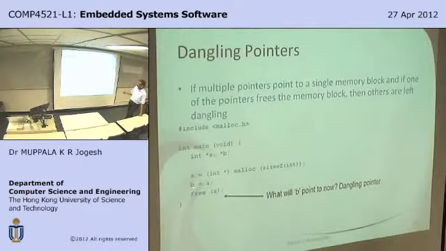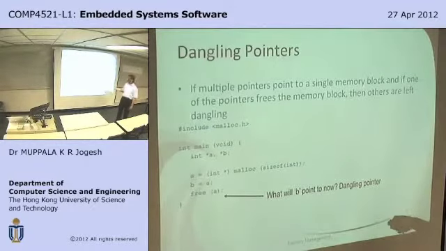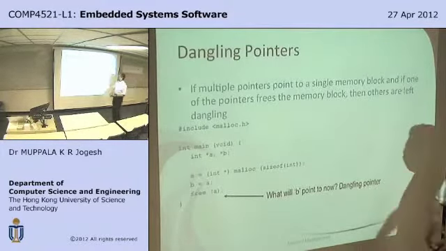But suppose somewhere down in the code, again, these three are not necessarily consecutive statements in your program, but they may be at three different locations within your program. But I just brought them together to show you how this problem occurs. So without realizing, you might have deallocated the memory pointed to by one of the pointers without properly handling the other. If you do this,